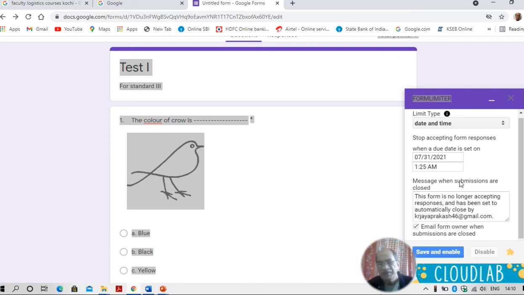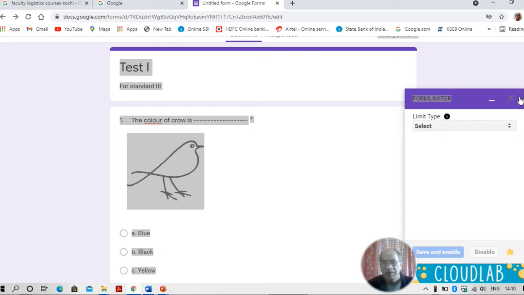Press set at the bottom. Save and enable has become bright. You click on that, time and day is set. Stop accepting responses beyond that. If you want to disable, you disable. So time set is disabled.